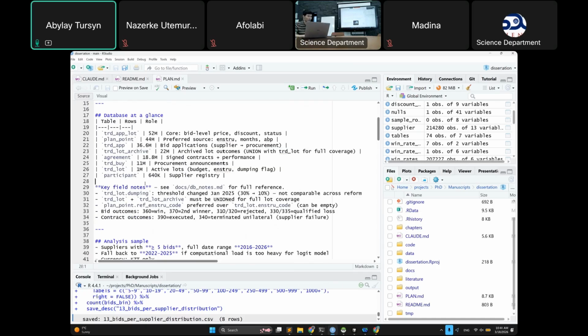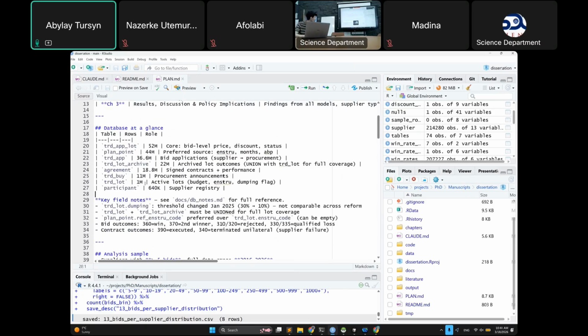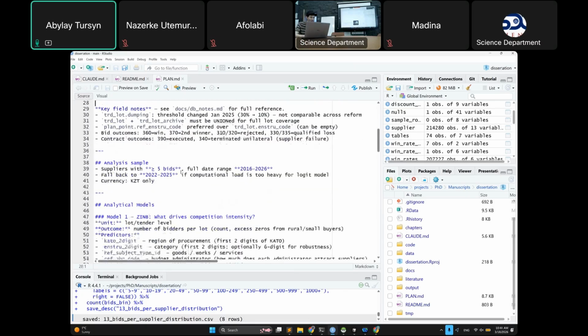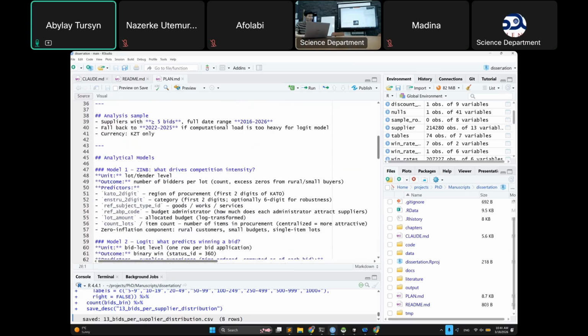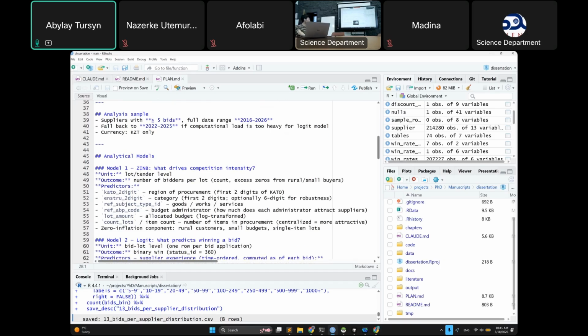So here we have a brief description of what we have there, and then on our last meeting with my supervisor and Dr. Borjan, we decided that we need in this dissertation to use a few models. So after we collected data, we decided that we want to have models like zero inflated negative binomial for